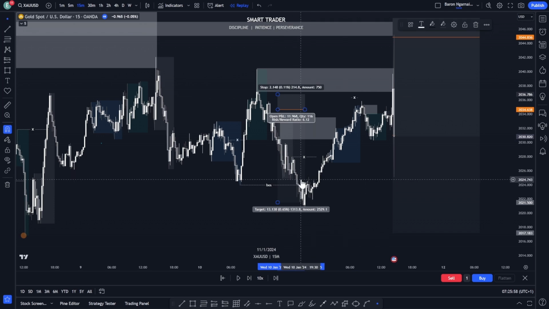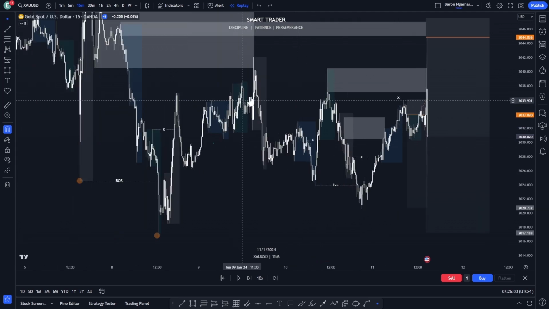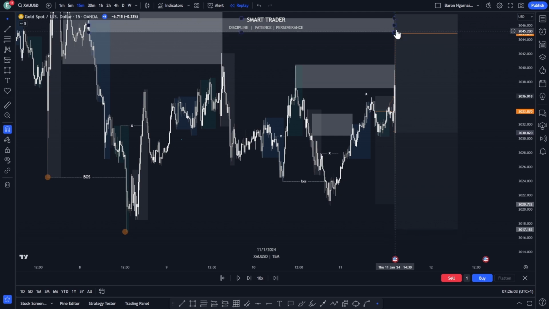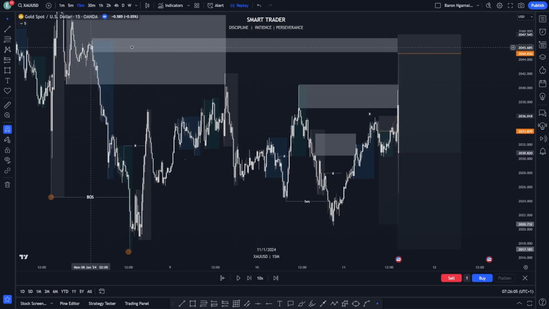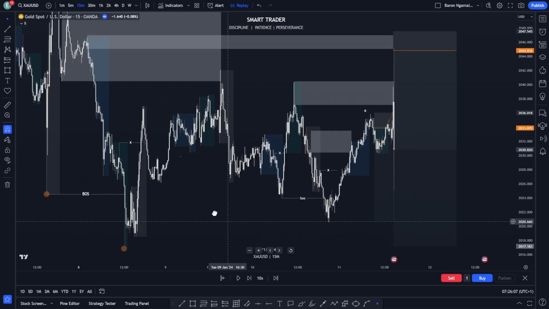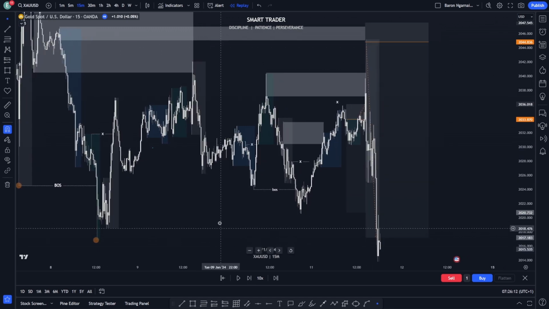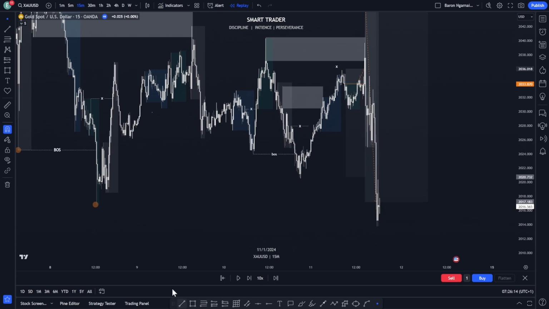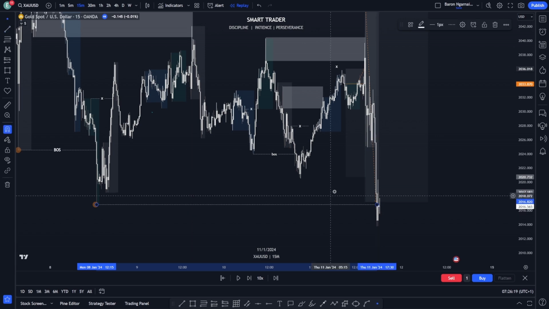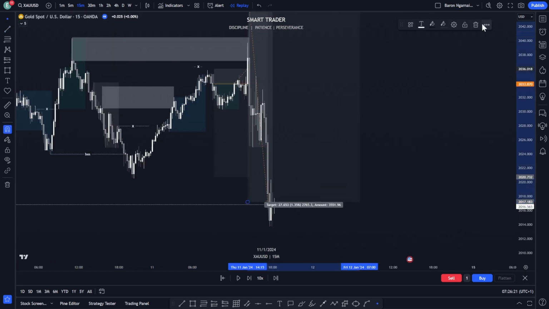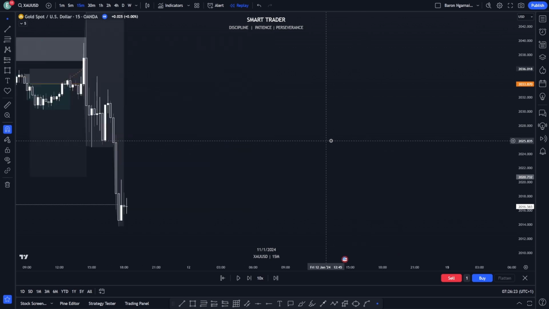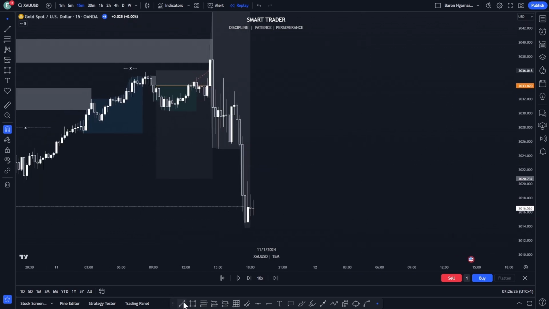So let's move a little bit forward to see if you can have another example. Here the market has mitigated our valid order block and is completely dropping. Let's see if the market will break the structure below. The market has completely broken the structure below here, so we have to wait now for the market to push higher, take out inducement, and then we can start selling based on our valid order block or internal structures. Okay, so this is now our inducement here, so we have to wait for the market